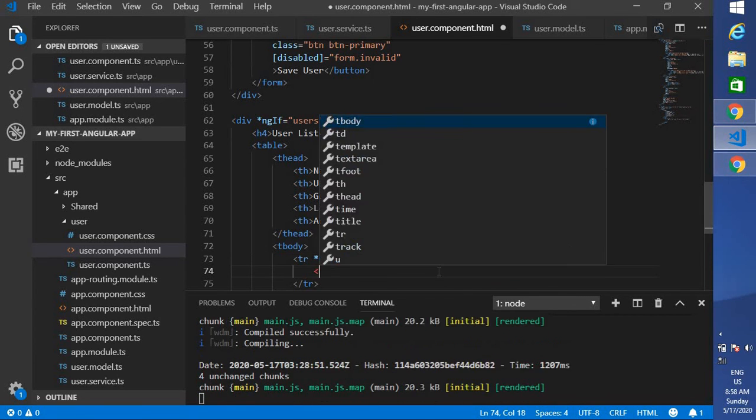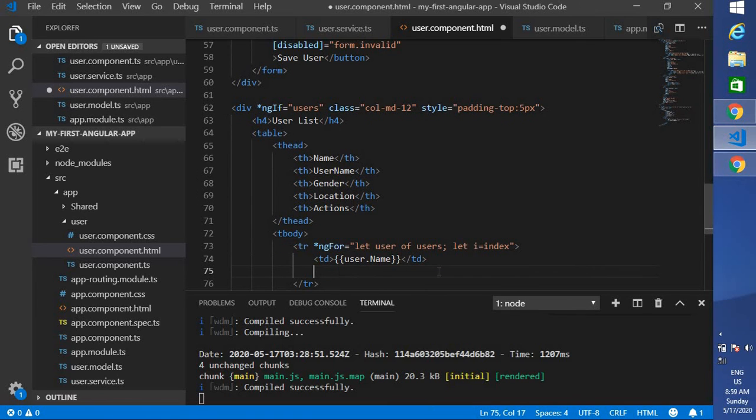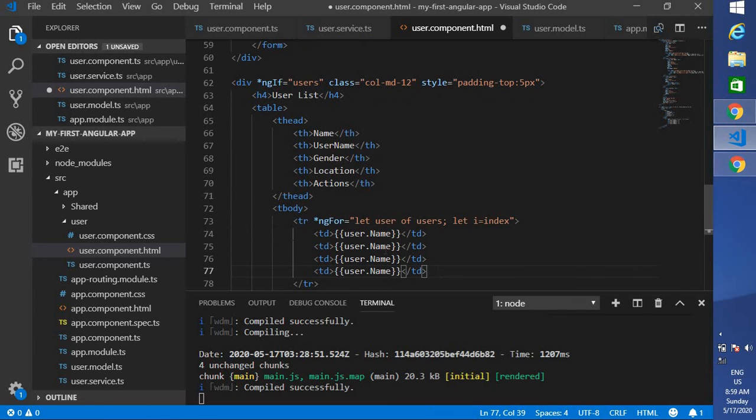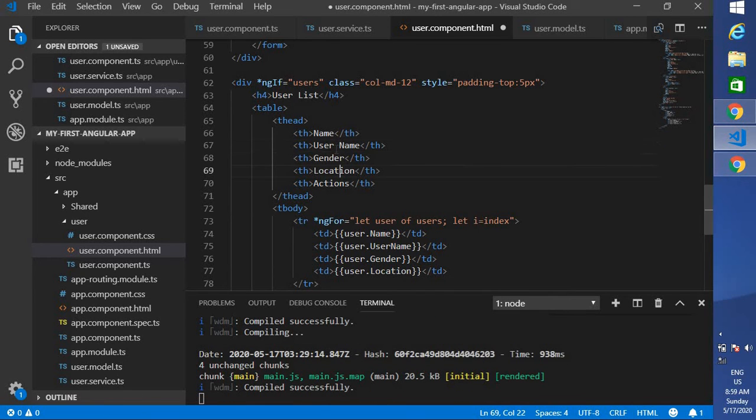Now here we are going to create a td. What this should be: user.name. Same thing for username, gender, and location.